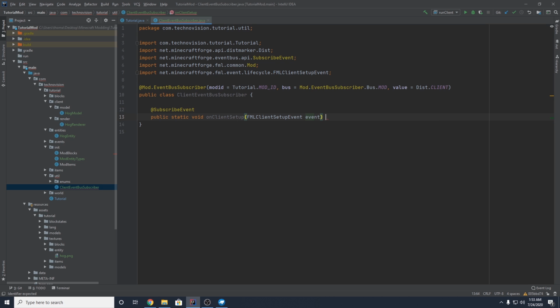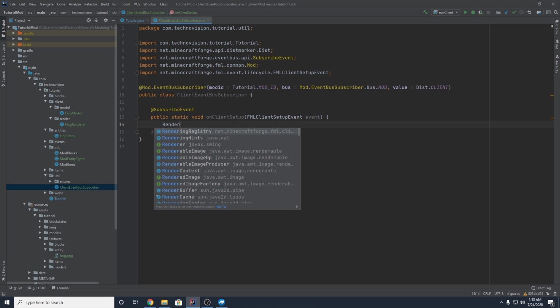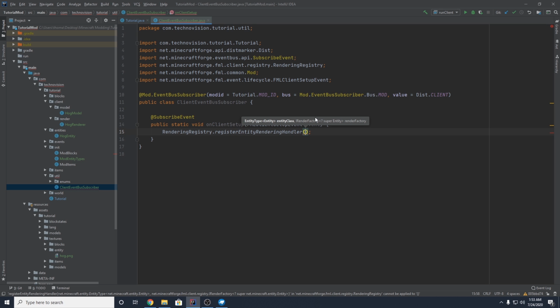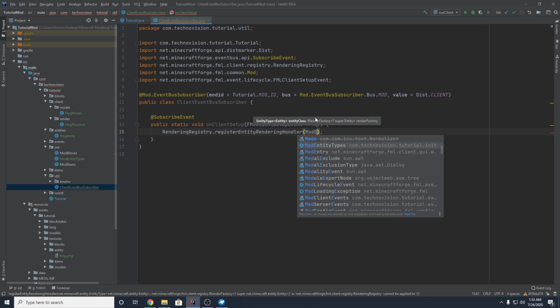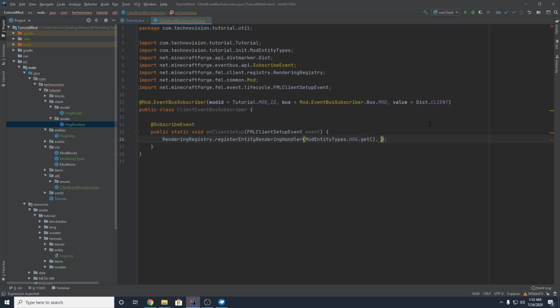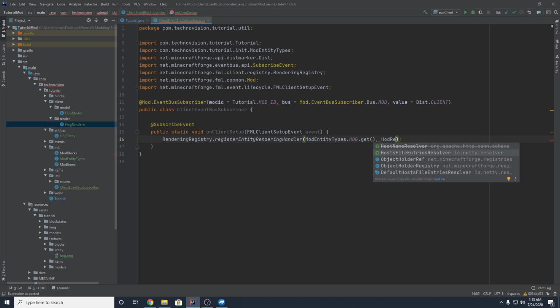Now this event is going to run every time Forge Mod Loader sets up its clients. Okay, there we go. Inside of here, what we want to do is add our mod entity renderer. So RenderingRegistry.registerEntityRenderingHandler, very long name. And you want to pass in your entity, so ModEntityTypes.get your entity, which mine is HOG.get. And then you want to pass in that brand new renderer class that we just made for our entity, so HogRenderer